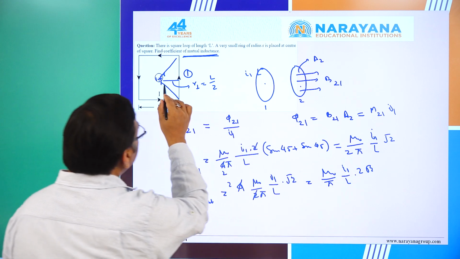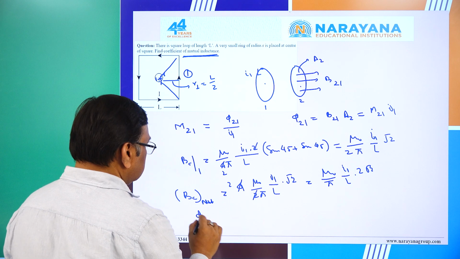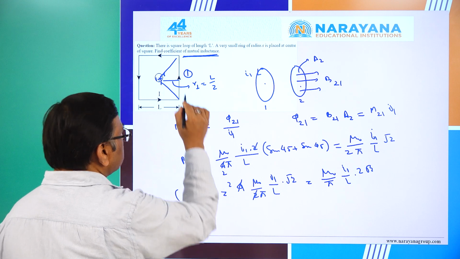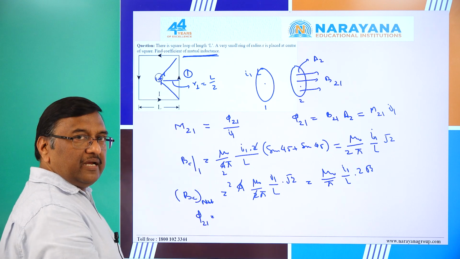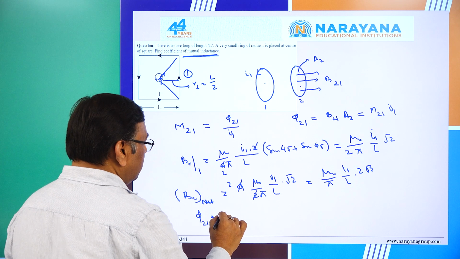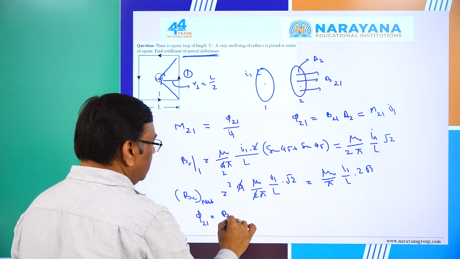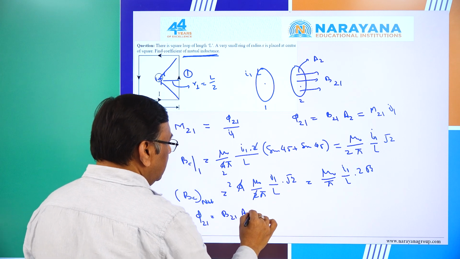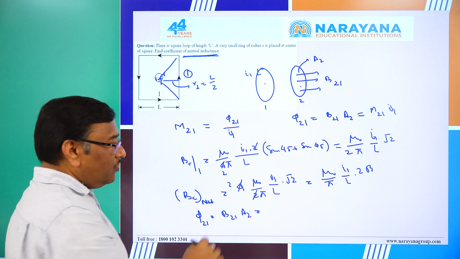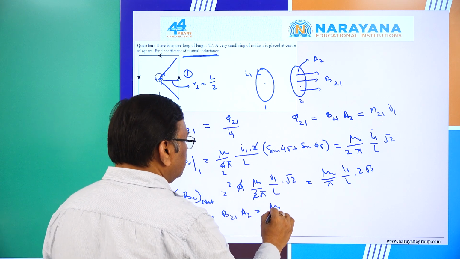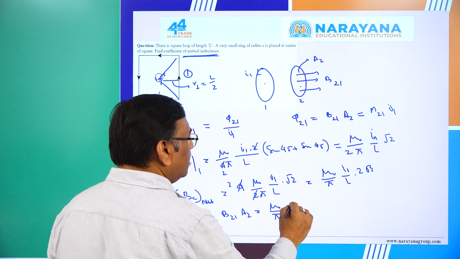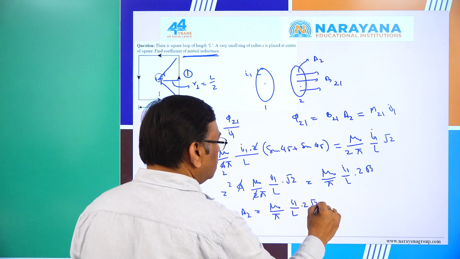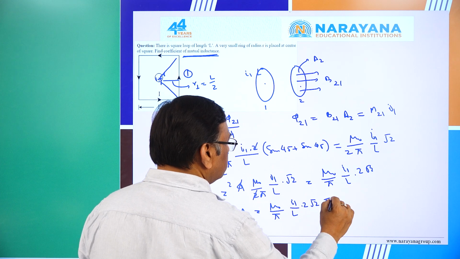The flux through this ring due to this, I can write phi 2 1, because I am considering one ring as my second element. Phi 2 1 is going to be B at 2 due to 1 into the area of 2. Area of 2 is going to be pi r square. What is my value here? Now you write it as mu 0 upon pi I1 upon L into 2 root 2 into pi